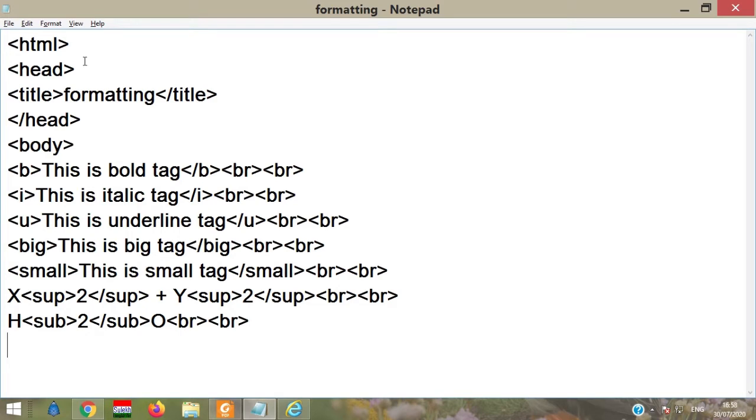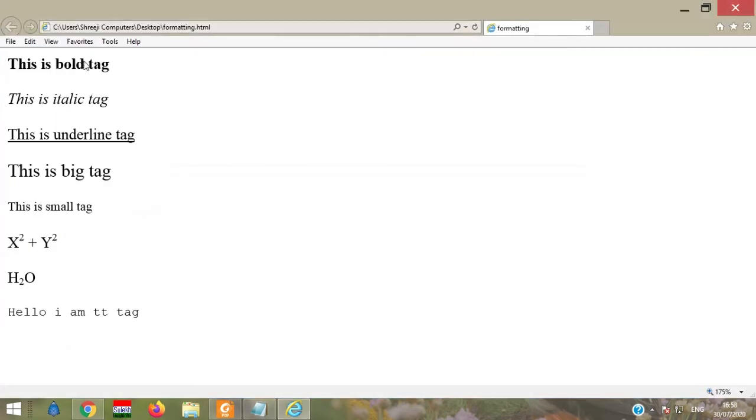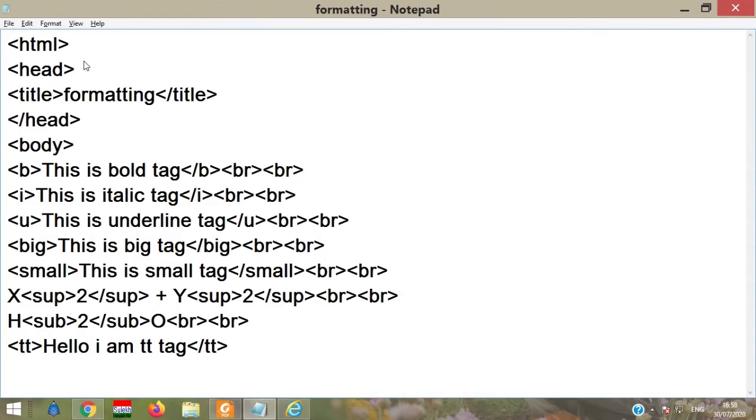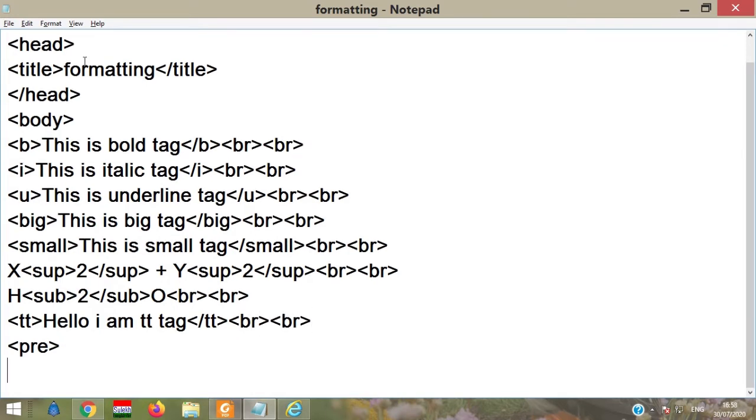Then one more tag with the name tt. It is a typewriter text font. Hello, I am tt tag, and then slash tt. So it will be displayed in a typewriter text font. Then the pre-formatted tag is an important tag. Let us see the pre-formatted tag.